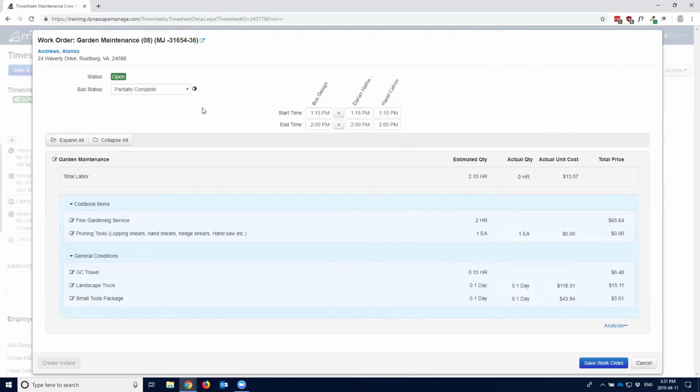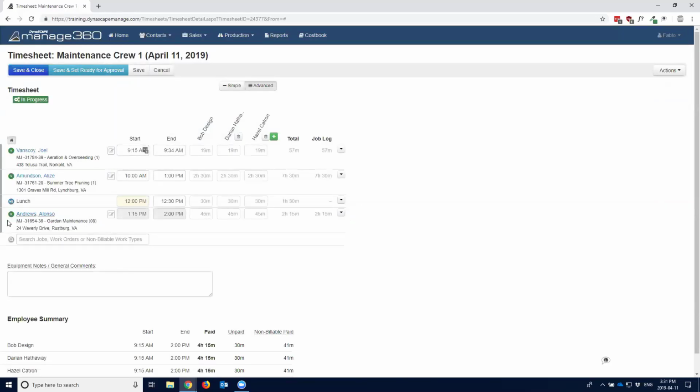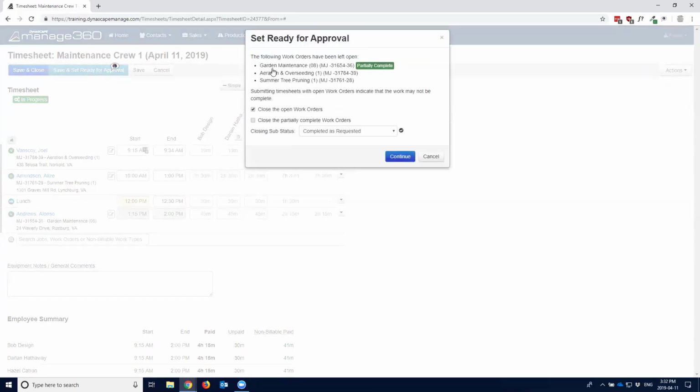Now this can also be done from the mobile app. They can mark visits as partially complete. So I save it, and that one there is partially complete. If I go to set ready for approval now, and open it, this one tells me it's partially complete, right? So it knows that that one's a special state. It's like submitting it and closing the open ones, but it's going to leave that partially complete one as it is for now. On the next day when I've finished it, if I forget to flip it,